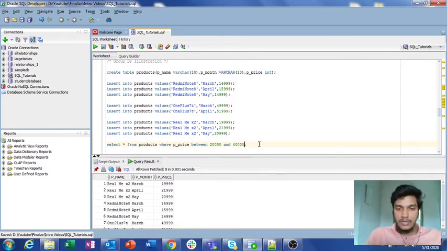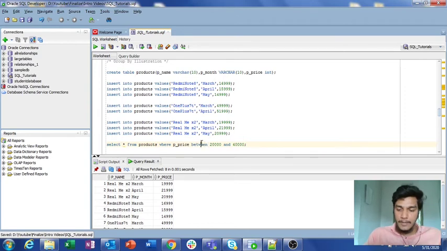What it is doing is specifying that if the price value p_price is greater than 20,000 and less than 40,000, then that particular record is going to be printed in our console. If it is not satisfying the condition, then it is not going to be printed in our console.